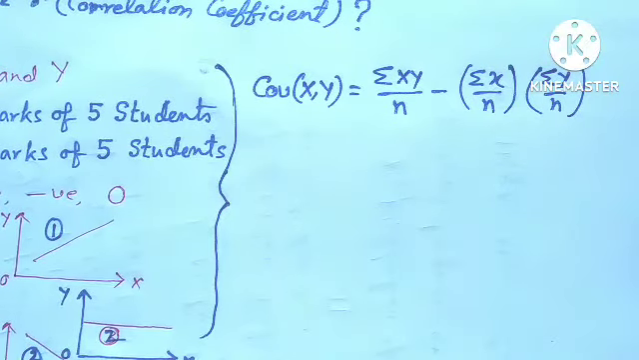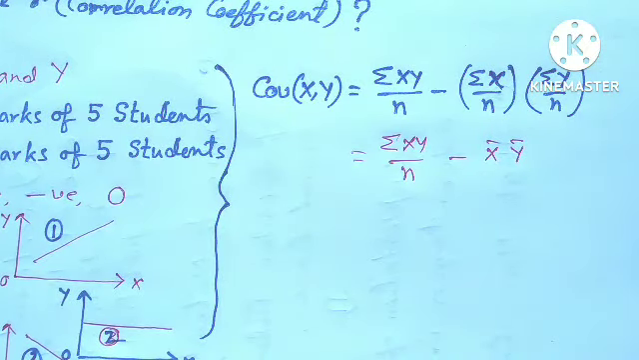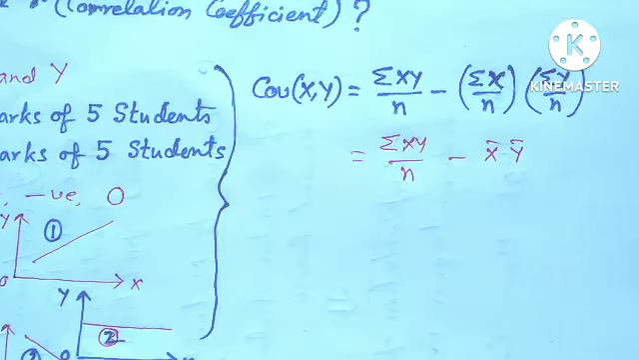Now we have to calculate the covariance of x and y, and the formula is very easy. It is given as sigma xy by n minus sigma x by n times sigma y by n. As we know, sigma x by n is the formula of the mean of x, and sigma y by n is the mean of y, or y bar. So the covariance can be written as